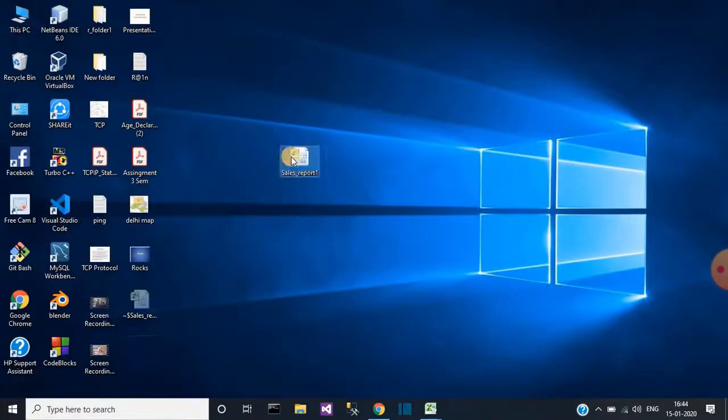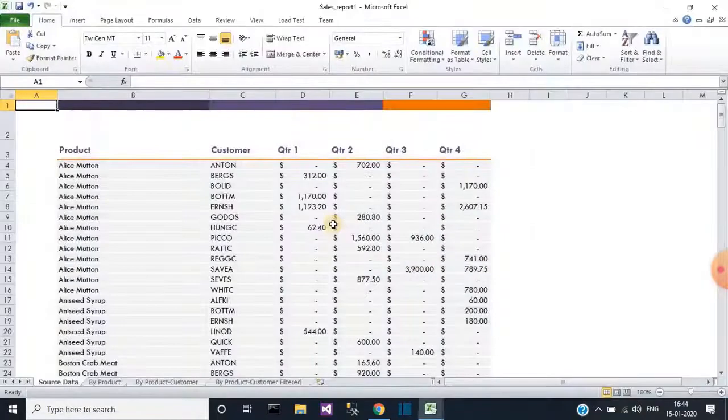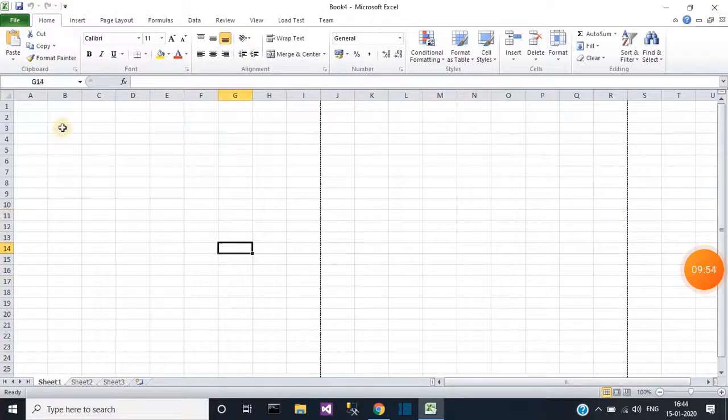As you can see here, I saved on the desktop because I changed the location. So you learn here the difference between Save and Save As. If you create a file the first time and want to save, you press Control plus S, it asks for the name and location, and you provide that. But after saving, if you open that file again, do work on it, and want to save again, then it will not ask for the location.